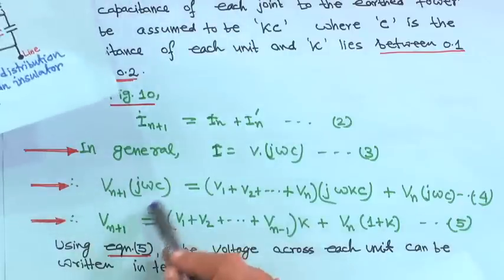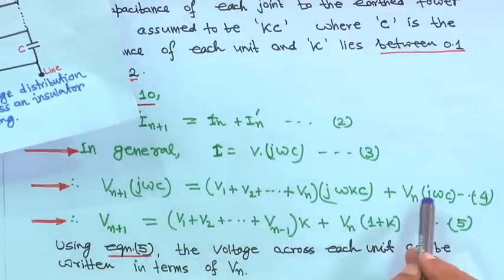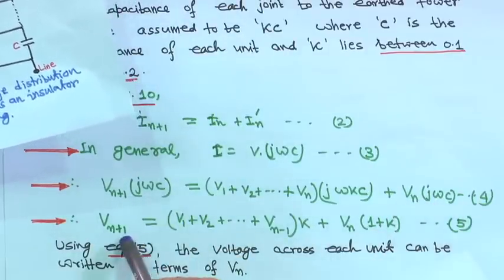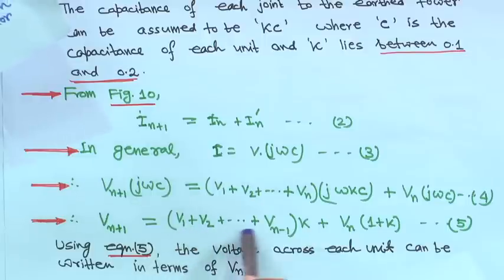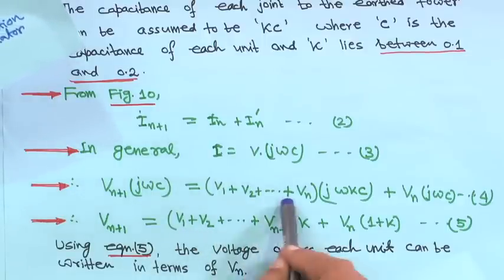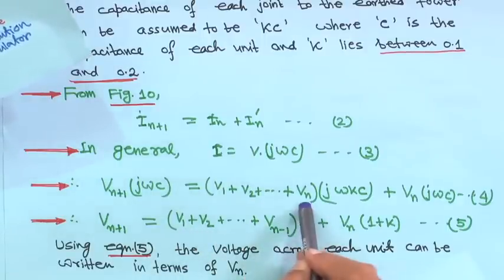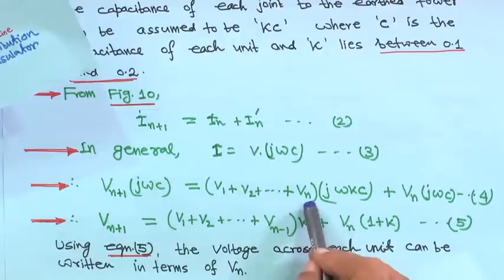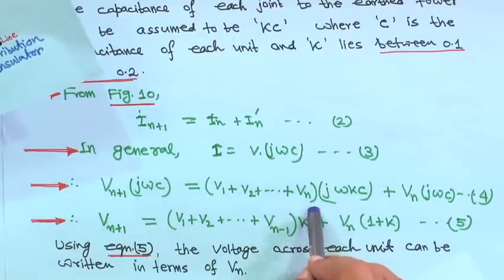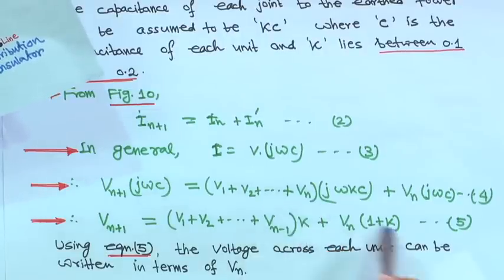Now, j omega C cancels on both sides. Then we write Vn plus 1 is equal to V1 plus V2 up to Vn minus 1. That means the nth term is added here, the Vn into k term is added here. Actually it is like this,